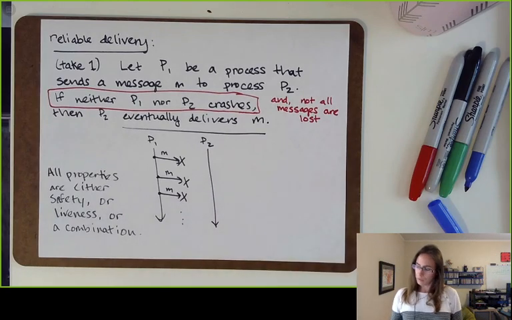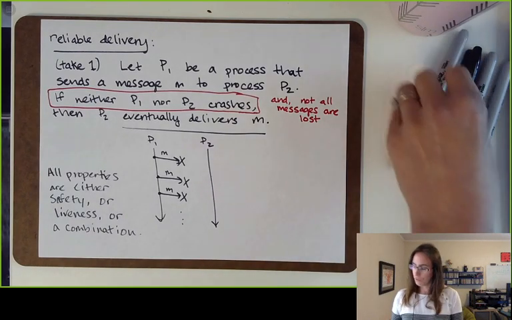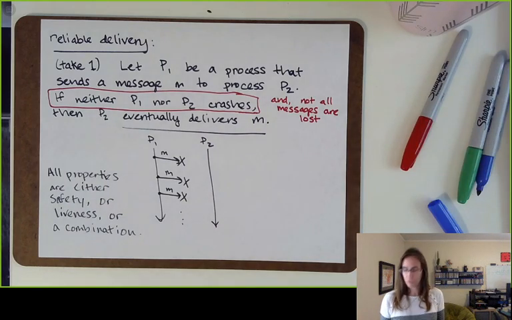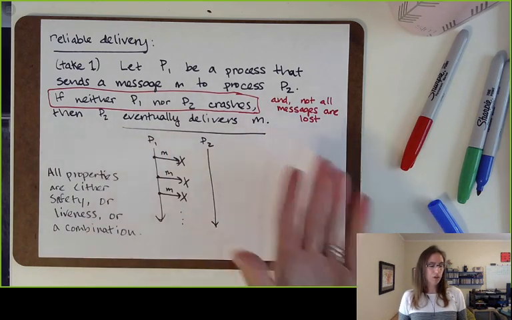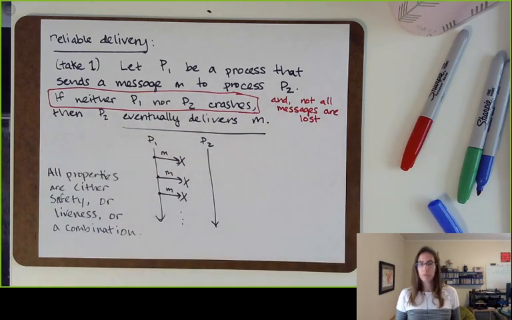All right. So we want to talk about fault models and fault classification next. So let me try to set the stage for this. When you're designing a system, you need to start by making certain assumptions about the environment in which that system will operate. So in particular, if you're trying to design a system that will tolerate faults, like say processes crashing or messages being lost, you want to have some sort of an idea in mind about what kind of faults may occur so that you know what kind of faults you need to tolerate. So you need some way of classifying faults or putting them in categories.